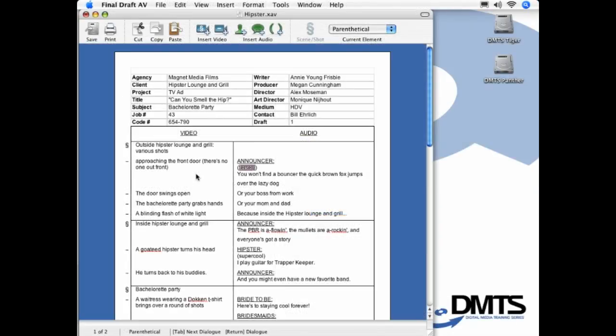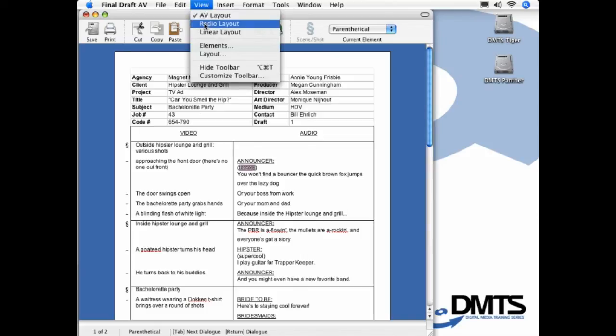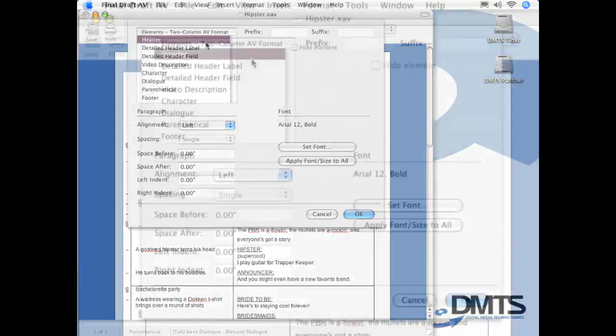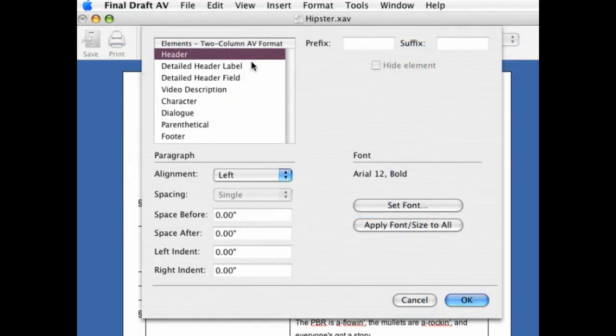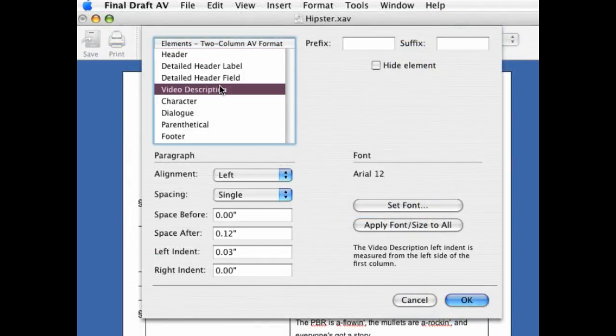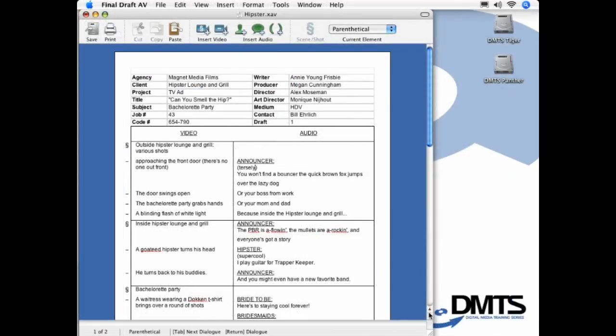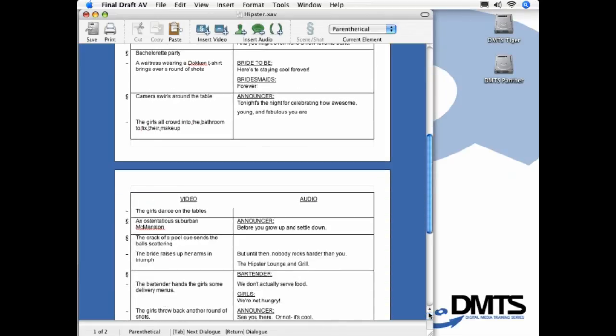You can set the font and style of each element in one dialog. So if we come up here to View Elements, we open up a dialog box where we can then select Video Description, and we can change our font. We can apply the font and size to all of our elements across your document. You can change the alignment, you can change the spacing, the indentation, and all of these other attributes. Hit OK. I'm going to scroll down in my document using the scroll bar to demonstrate